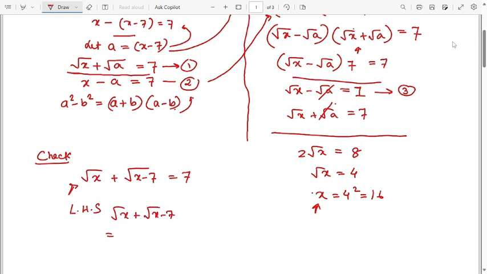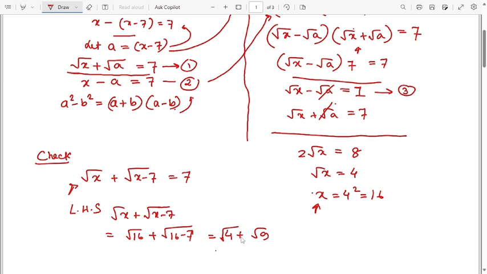Replace x by 16: square root of 16 plus square root of 16 minus 7, which becomes 4 plus square root of, that will become 16 minus 7, 9, square root of 9,